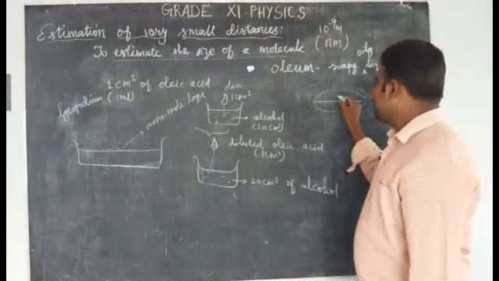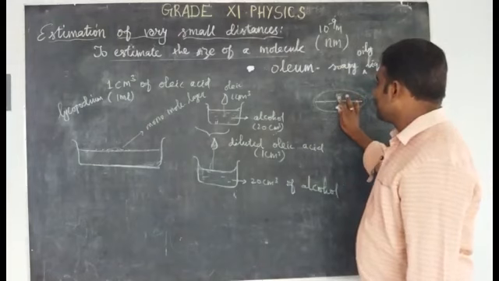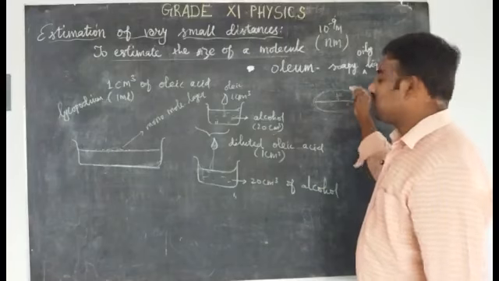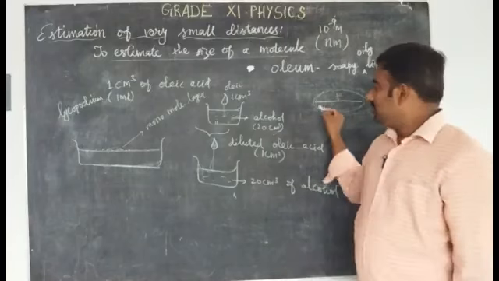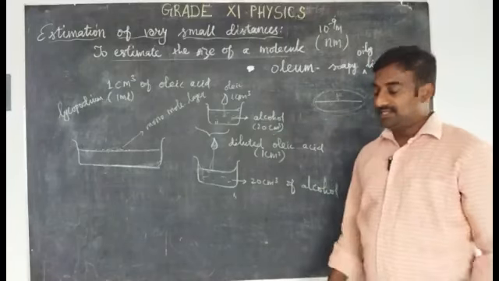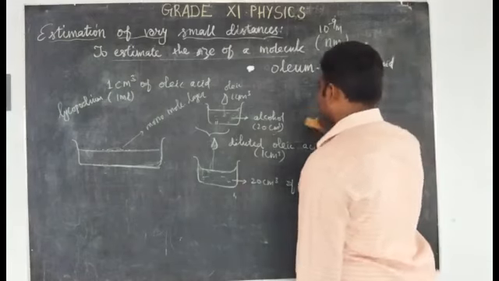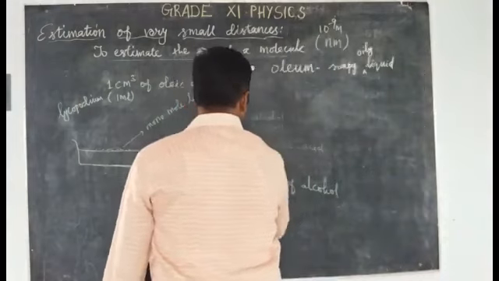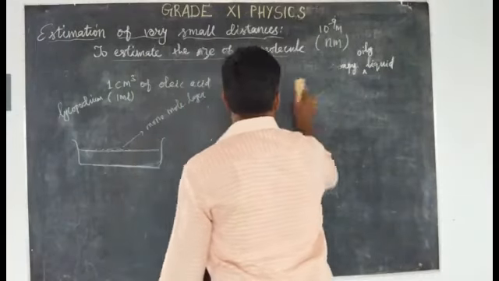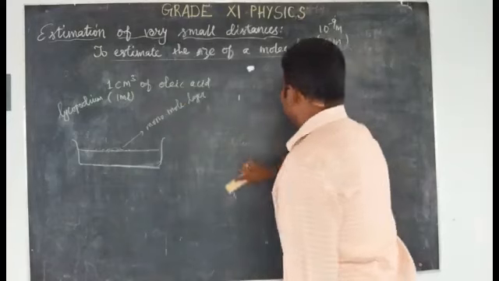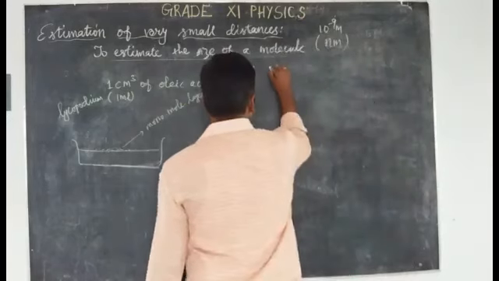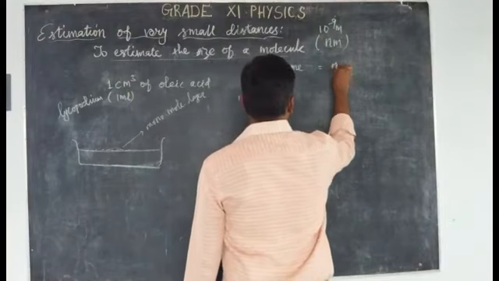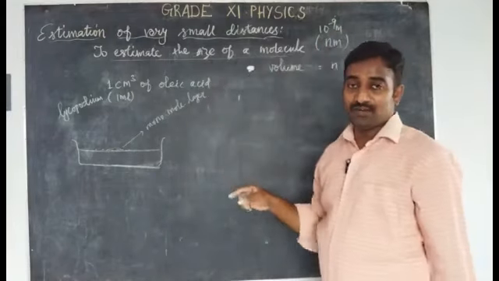So now easily we can measure not only the diameter, but also the thickness of the monomolecular layer. So how to estimate the thickness? Listen. For that, we'll take the following steps, the following procedures. The volume of the liquid taken is, what is the volume of the liquid? The volume of oleic acid, we don't know. We may leave some other drops.